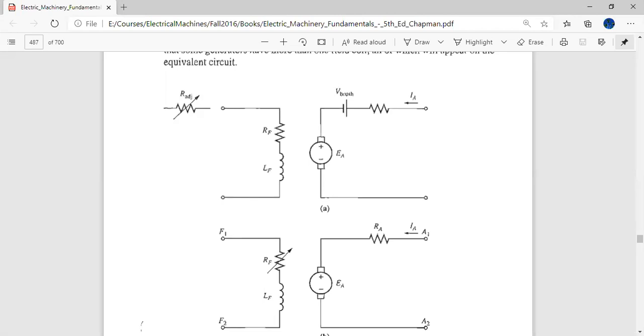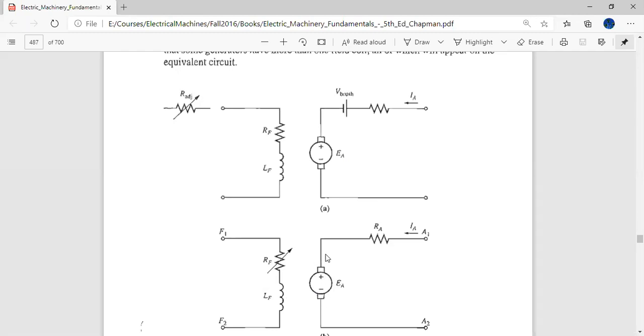So this circuit is for separately excited machines, and the field circuit has some DC voltage applied to it, adjustable to adjust the field, and the armature side has some current which is drawn from the supply because it is a motor, not a generator. Sometimes the brush voltages are inclusive, sometimes we exclude them, they are negligible. It is just like an extra drop on the brushes. And the armature induced EMF, because of the rotation of the armature inside the field, causes flux change, rate of change of flux.